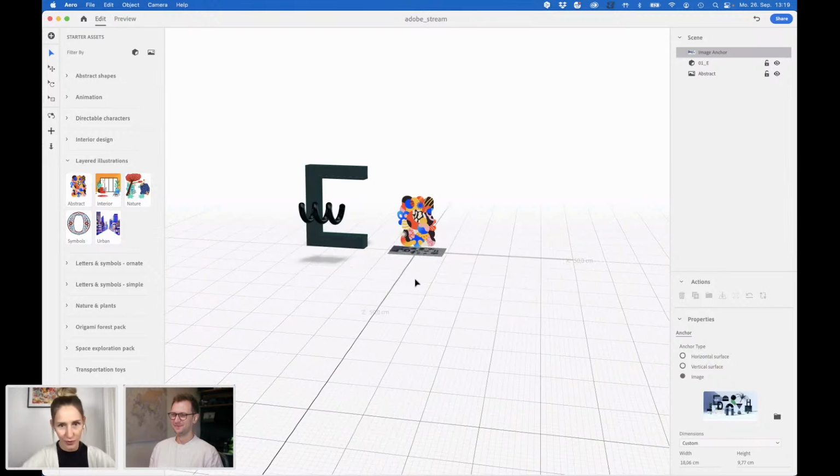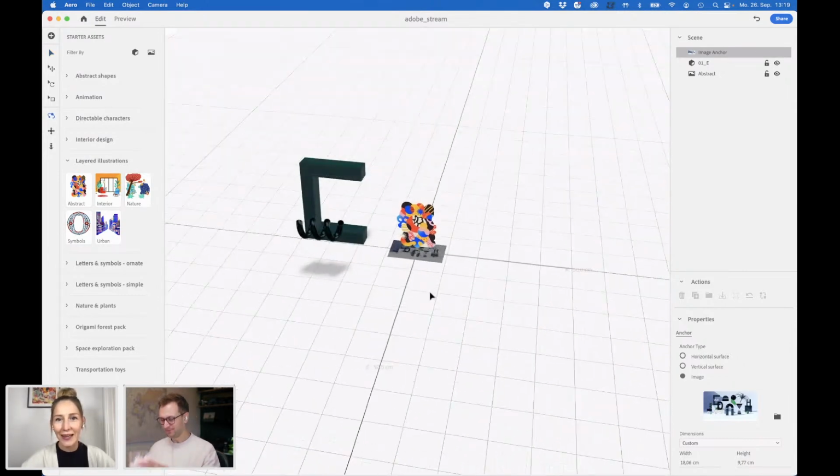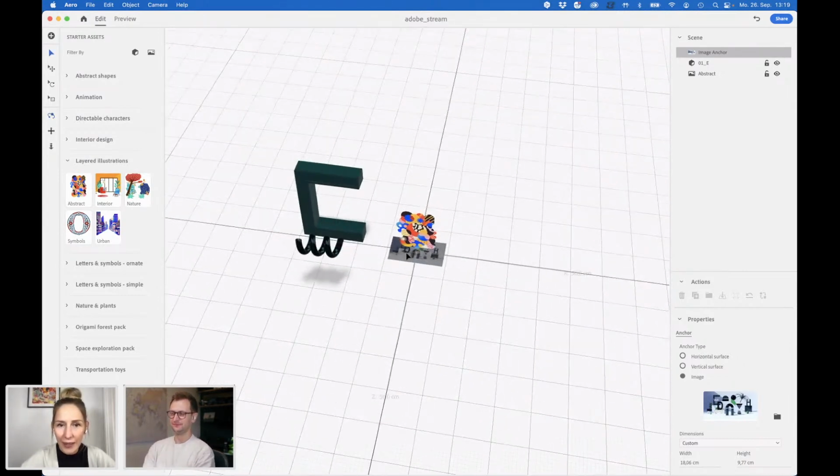Also, my computer fan is making some weird noise, but we can do it. So as you can see, it's placed on the bottom because it makes no sense to put it somewhere else. So you can create some AR experience out of an image if you want to.